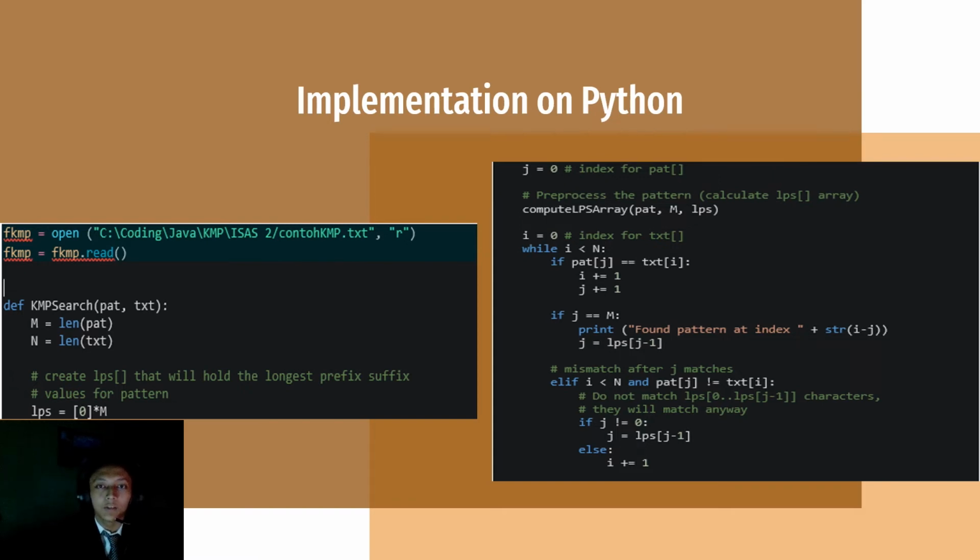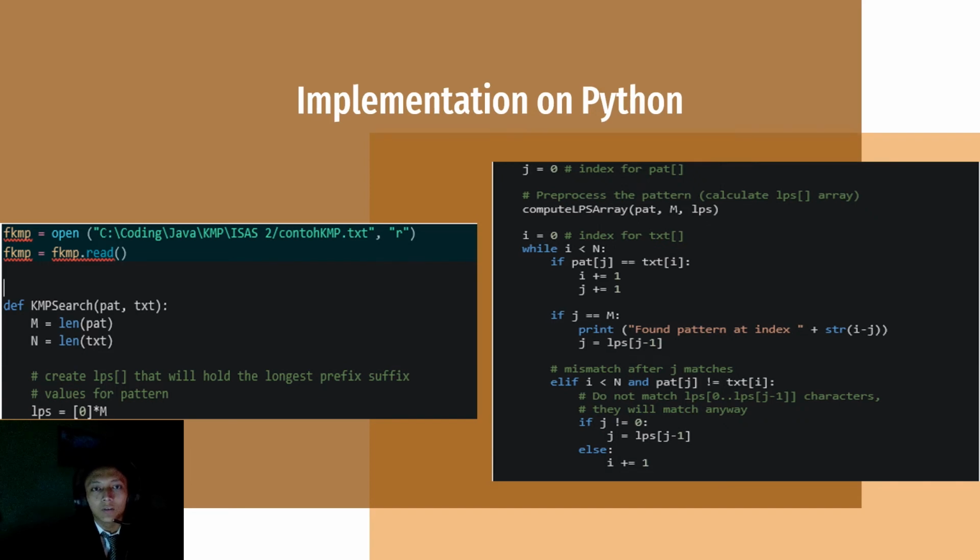After that, the program continues searching for the pattern with this nested if else. As we can see here, while i, which is the index for txt, is smaller than n, the program will start matching the pattern and the text. And if the g variable matches m, which means the index matched the whole pattern, the program will show the found pattern at that index.